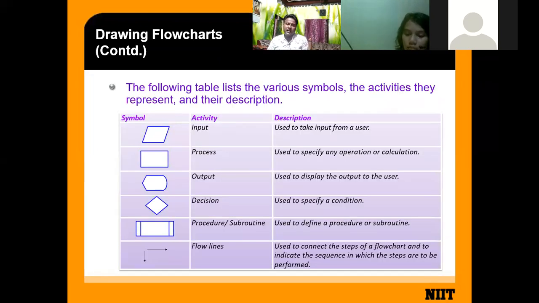In a flowchart, these are called the input box, process box, and output box. Okay, for taking an input, this symbol is used. So you have to remember it. This symbol is used for input. So what are the inputs you are given?